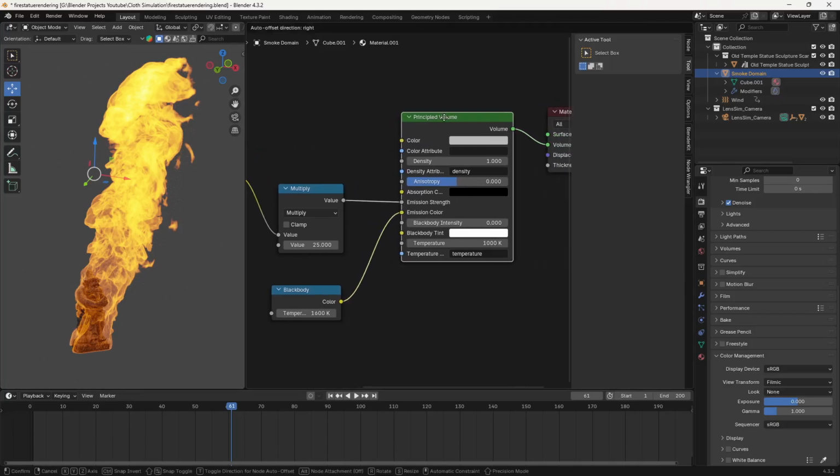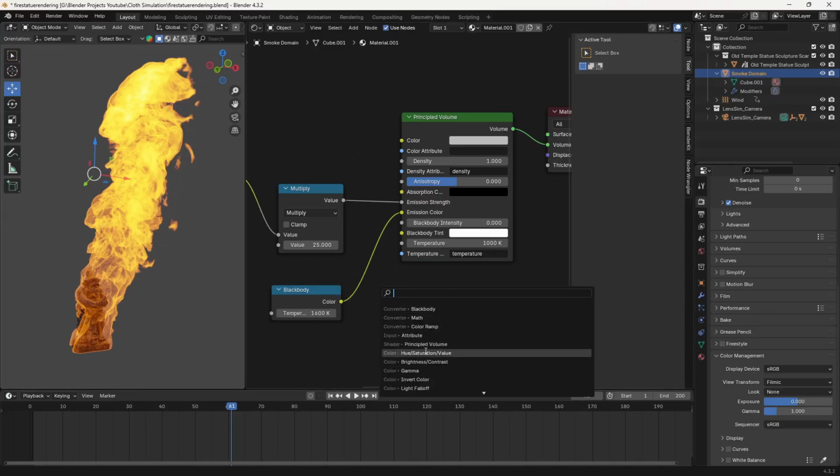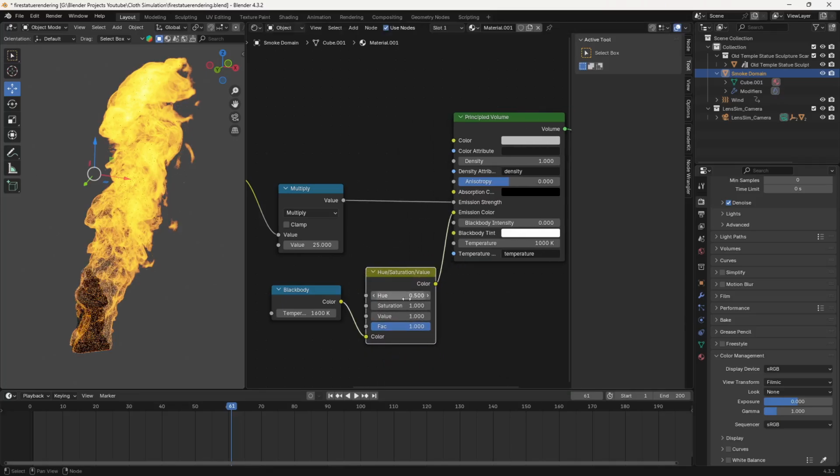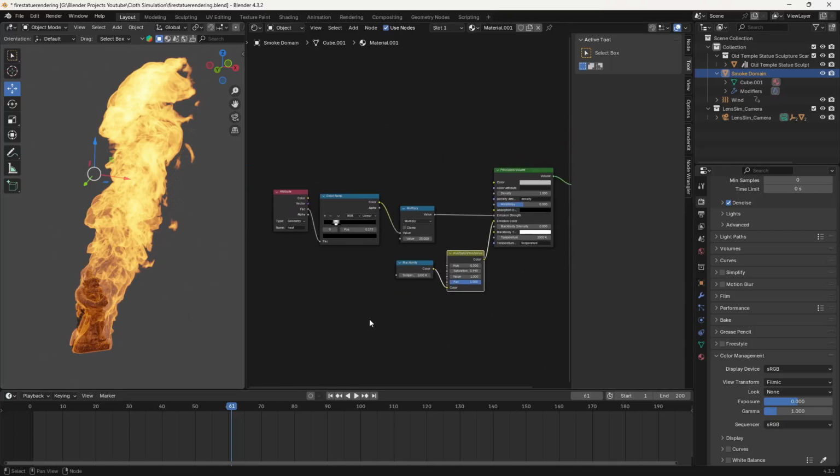And you can add a hue saturation node as well if you find that your fire is way too saturated. So let's just press the Shift A key, and here you will find a hue saturation value. You can just connect this and play with the saturation value, like 0.99. You can see now we are getting the shader. This is looking great. So this is how easy it is to create a shader of fire in the Cycles render basically.